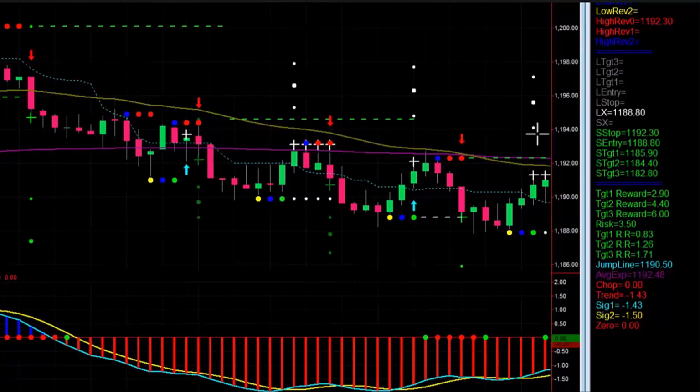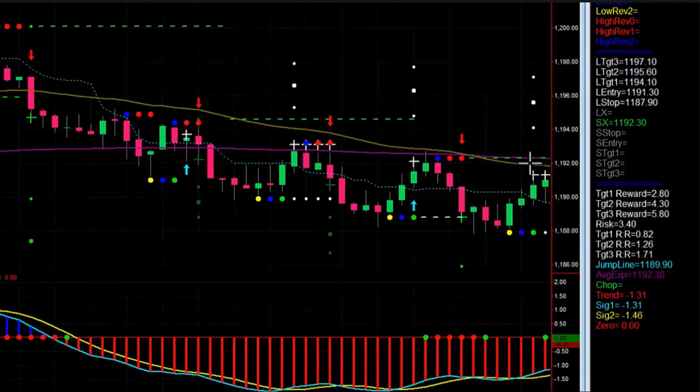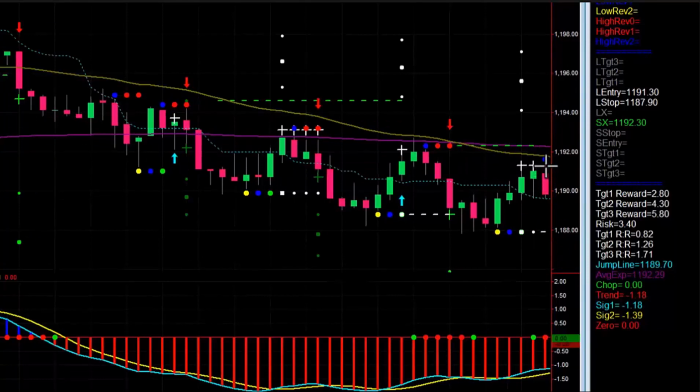Takes a little heat. Am I going to get long here and stop and reverse? Well, I'm entering into chop, so I'm not going to go against the 50 EMA. It does trigger in and then pushes right down. Even if I was going to get long here and it wasn't in the chop, I would want to make an adjustment. I'm typically going to want to stay short and stay with the direction of my 50 EMA